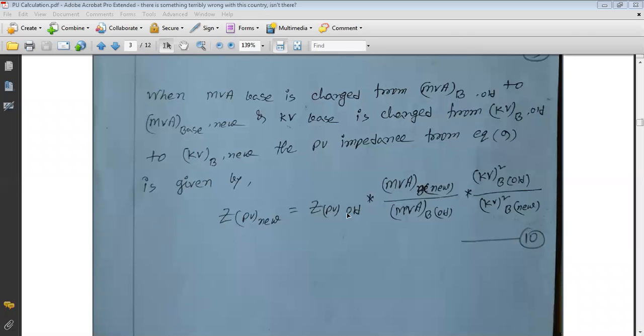ইউনিট, সো যেটা কোশ্চেনে দেওয়া আছে, ইনটু পাওয়ারের বেস ভ্যালু নিউ ভ্যালু, যে ভ্যালুর জন্য তোমাকে বের করতে হবে, ডিভাইডেড বাই পাওয়ারের ওল্ড বেস, যে বেসটার জন্য কোশ্চেনে দেওয়া আছে, অর্থাৎ যে বেসটার জন্য এই ওল্ড পার ইউনিটটা দেওয়া আছে, ইনটু ওল্ড ভোল্টেজের বেস স্কোয়ার, দ্যাট ইজ কেভি স্কোয়ার, ওল্ড বেস অর্থাৎ যে ভ্যালুটা কোশ্চেনে আগে আছে যার জন্য পার ইউনিটটা দেওয়া আছে, ডিভাইডেড বাই নিউ কেভি স্কোয়ার, অর্থাৎ যে ভ্যালুটার জন্য তোমাকে এইটা বের করতে হবে।